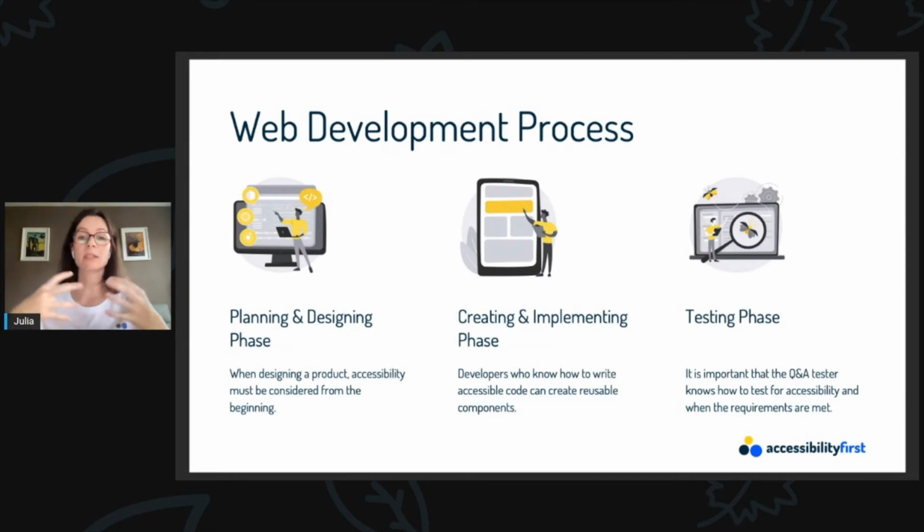When there are clear instructions from the planning phase, it's much easier for web developers to create these components and make them accessible. They no longer have to think about how to design the component, what color or font to use, and can start coding right away.